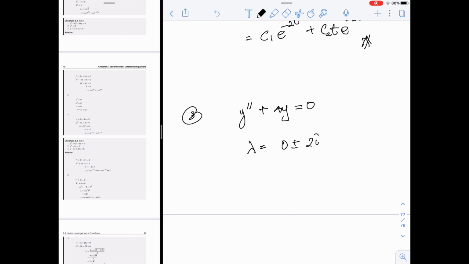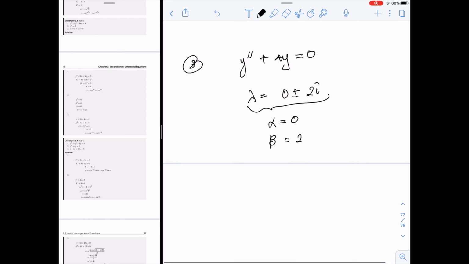So from this one, you may extract that the complex root has alpha equal to 0 and beta equal to 2. So you will end up with the general solution